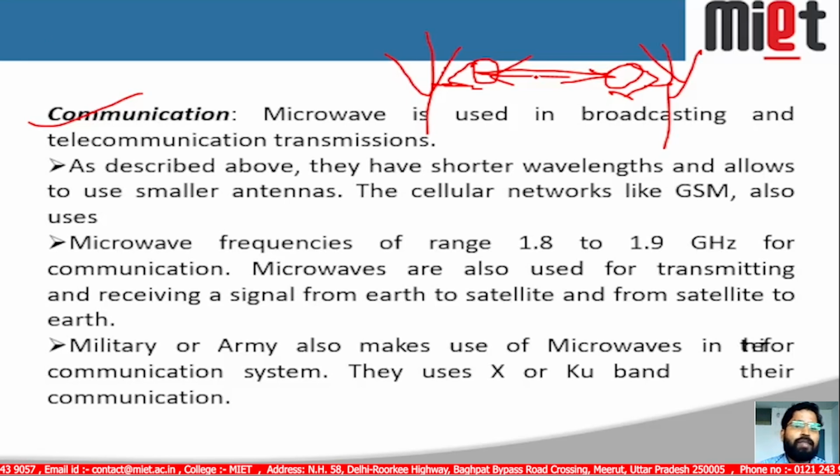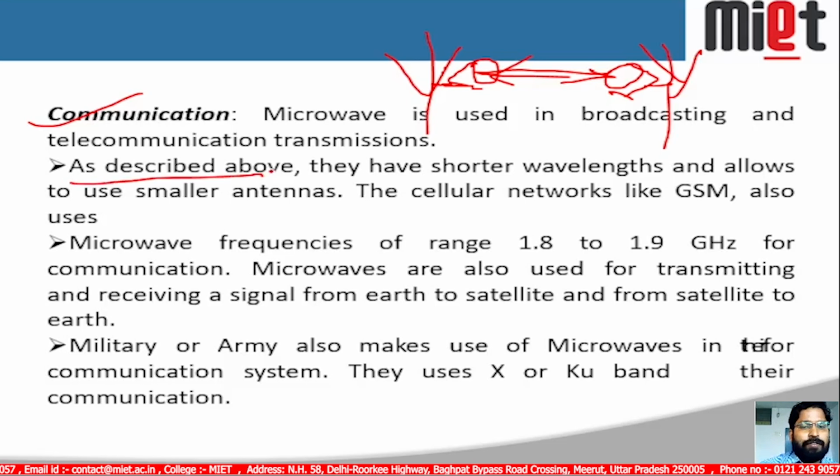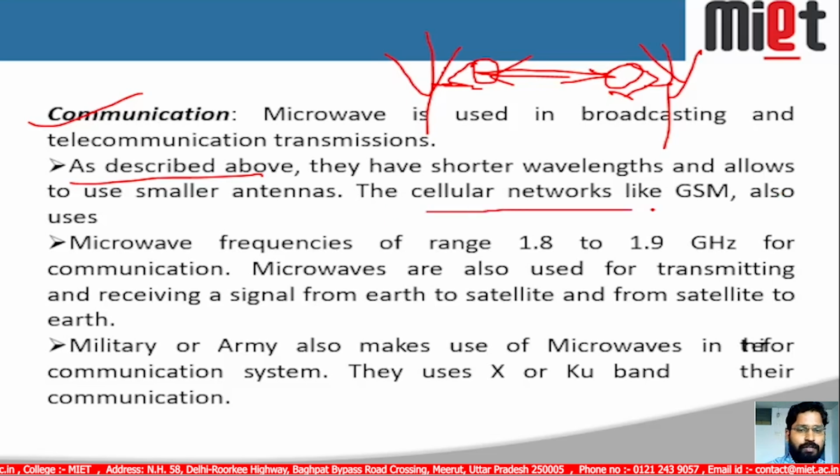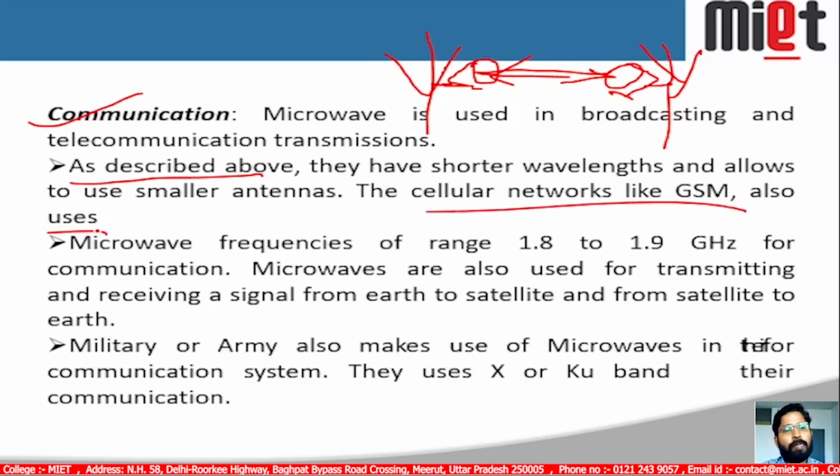And we have described above the short wavelength allows us to use a smaller antenna. Cellular networks like GSM also use it. Means same thing: a GSM cellular network means a mobile tower. We use a microwave antenna for cellular like GSM. And the microwave frequency range